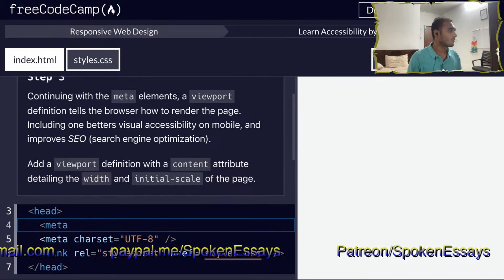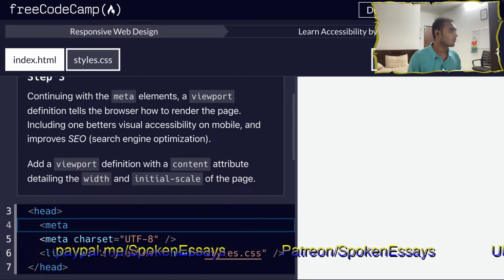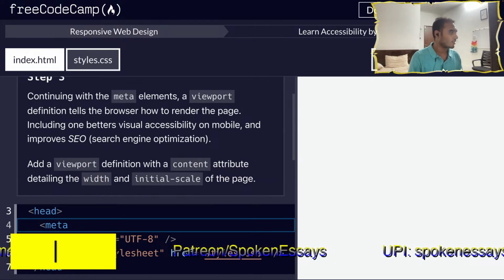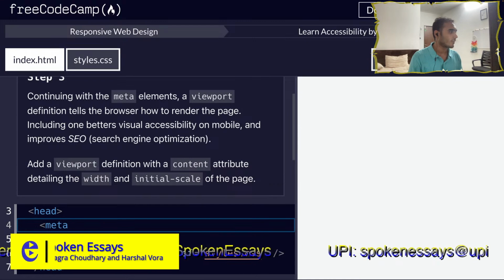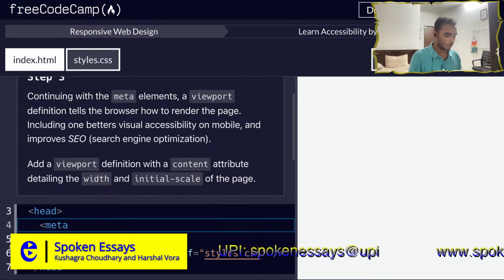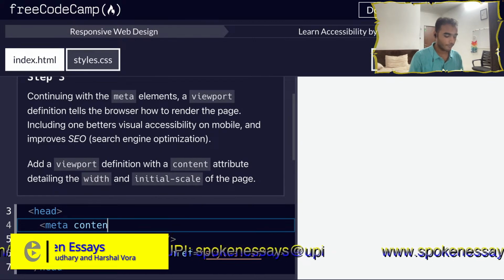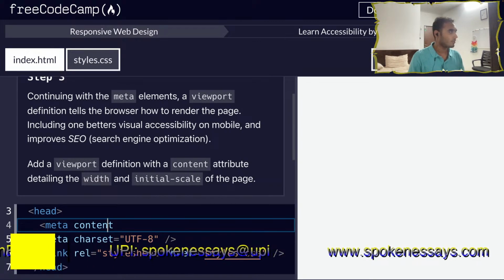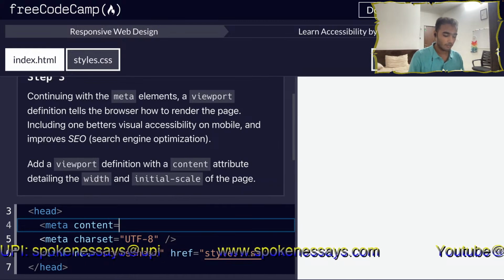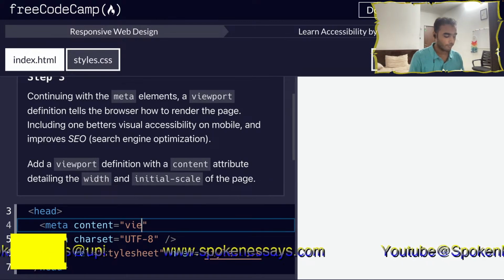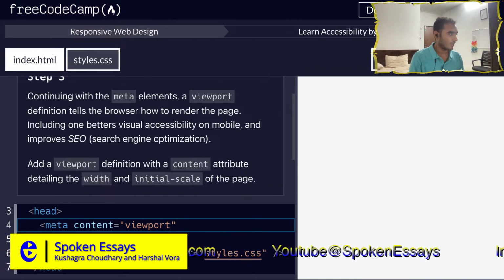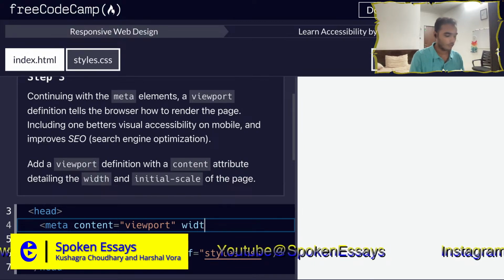So accessibility on mobile and improves SEO, search engine optimization. Add a viewport definition, so with a content attribute detailing the width and initial scale of the page. We remember that we have been writing this device width for some time now. So first I'll give the attribute content equals, oh sorry, I moved the cursor. Content equals, in double quotes we will write viewport, and then we will add another attribute which says width, and